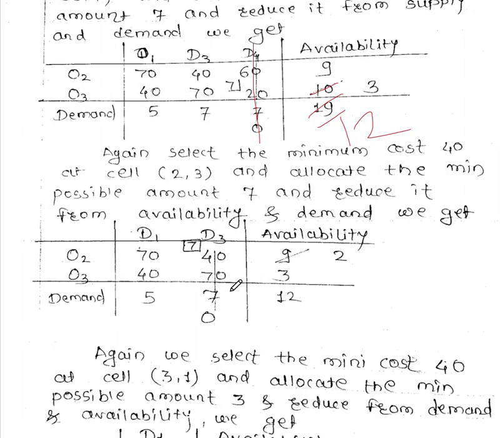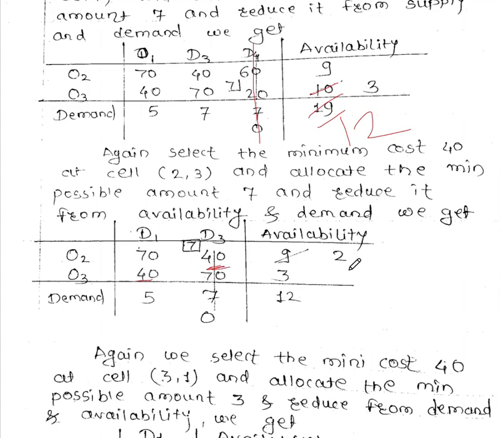So these are the remaining elements. Here we have to select the smallest element. If you observe, this 40 and this 40 are both the smallest elements, so we select the first one in ascending order, that is 40. Selecting this 40 as the minimum element from the given transportation table,